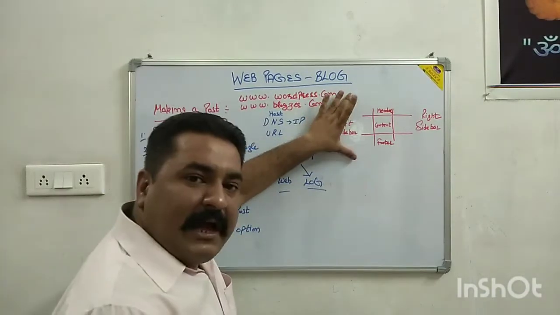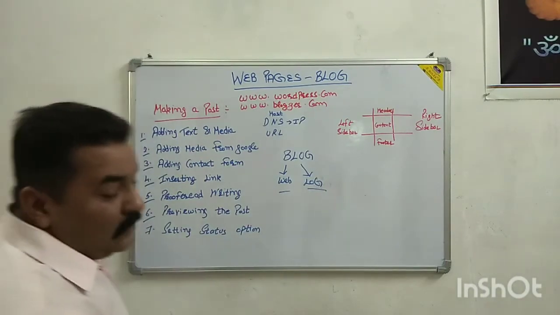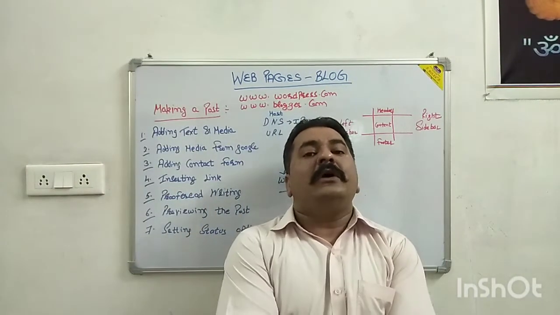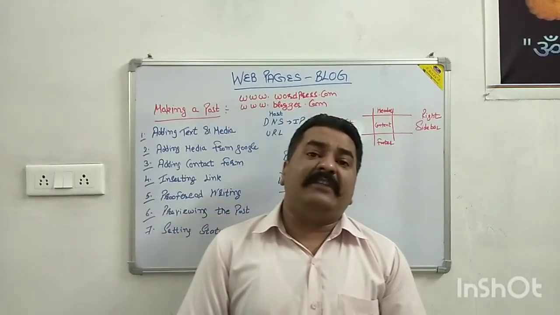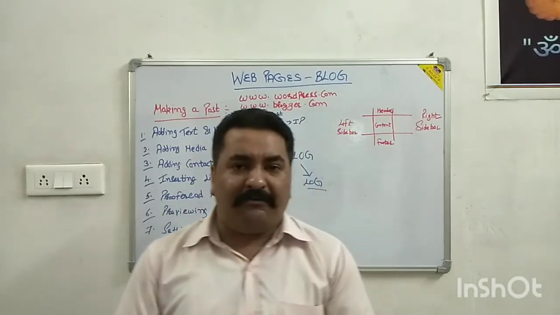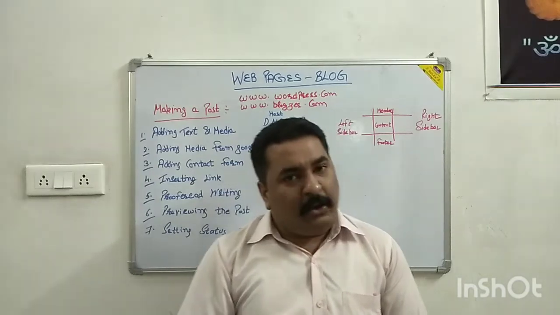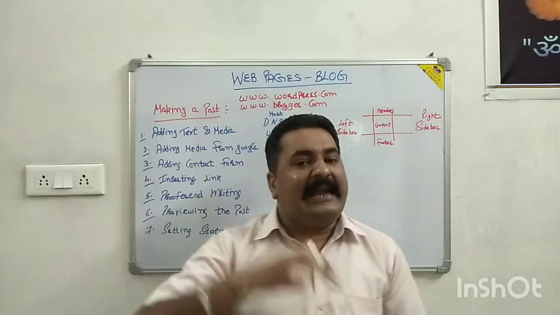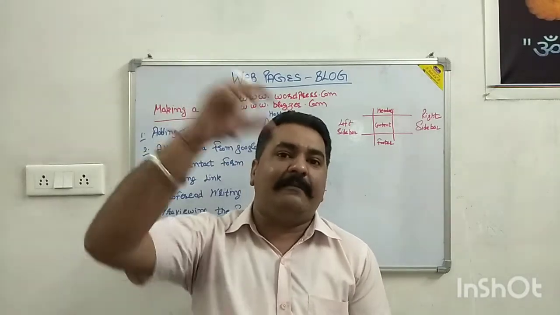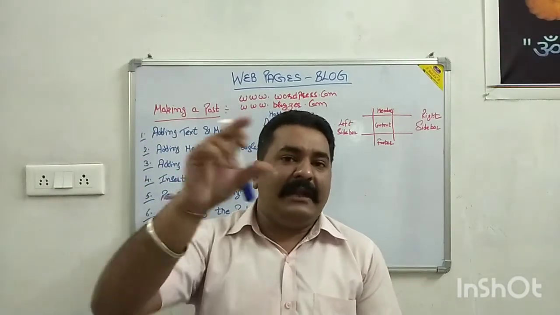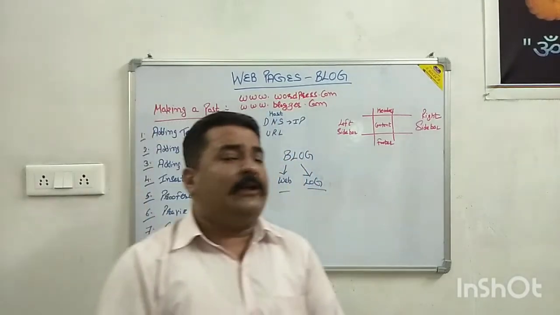After the structure of the blog, we can come to how to make a blog or a post. Before that, I want to tell you the various features of a blog. What are the various features? As we are using a blog, we can use it offline or online. If we don't have an internet connection, we can create a blog page, and whenever we have an internet connection, we can connect that web page to the internet, or we can create the blog on the internet using Google or these sites